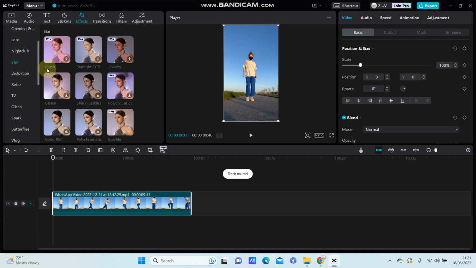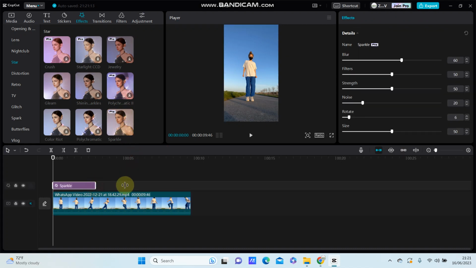Select start video effect and you can find the sparkle. But this is for effect, you have to join for first to be able to use it. Just add to the track and just for the duration is the name and you can change for the option right here to the blur, filters, bring noise and effect. And you can see the final result